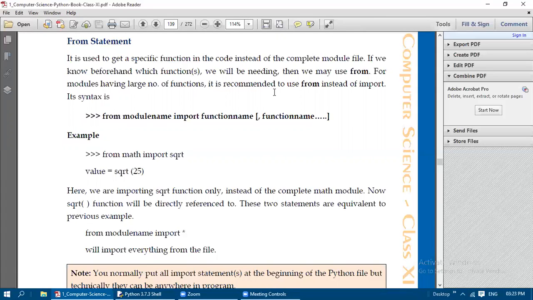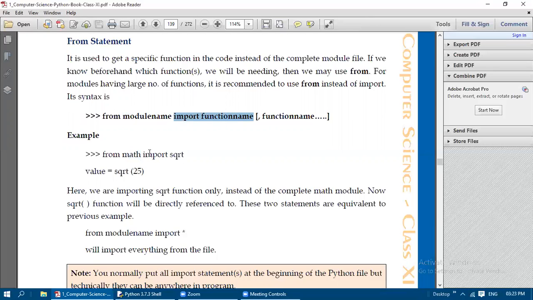Whenever we have a large number of functions, it is mostly recommended to use this from instead of the import statement. Its syntax is from module name, that is from math, import function name.